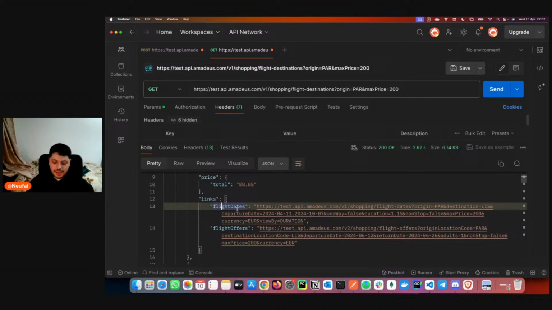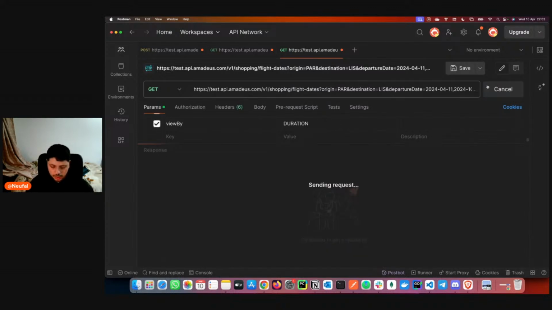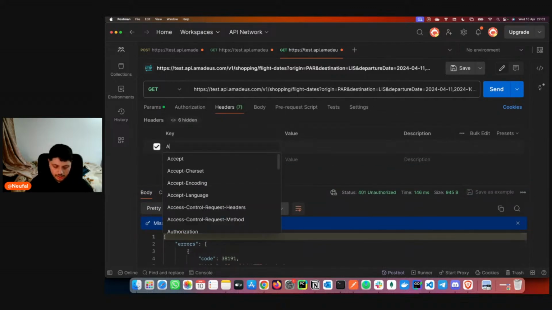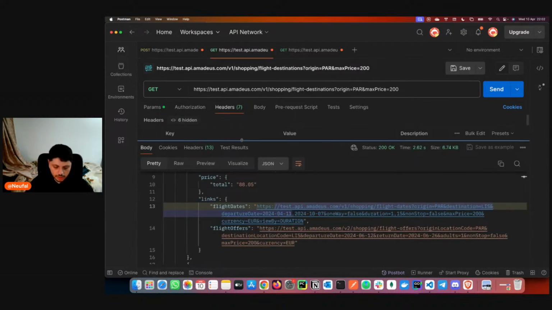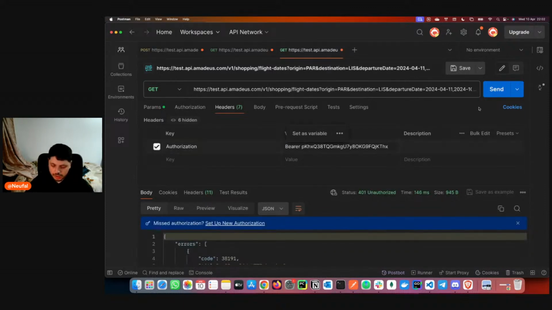So yeah, basically this is it. You have your flight dates, duration, a bunch of things here. Probably this won't work because we need the header. The header is we can use authorization bearer. Let's copy this bearer. Probably this will work.